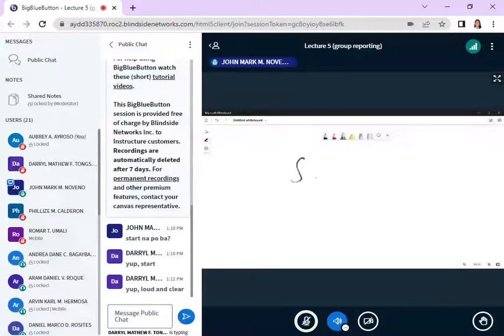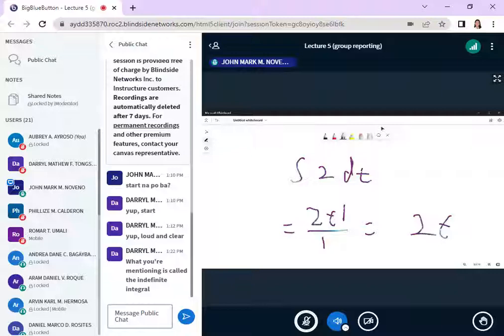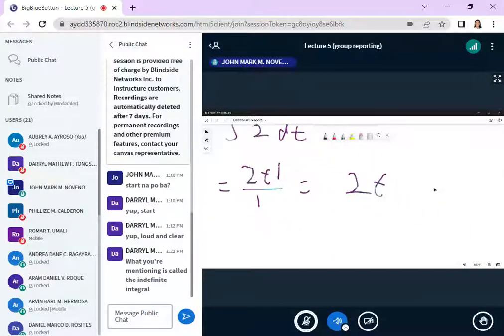So, integral ng 2 dt. Yan. So, anong integral ng 2? Yung integral yan ay 2t, kasi dito 1 yan, tapos over 1. So, pinasimplify lang natin, equal lang din yan sa 2t. And paano na kapag merong limits ang ating integral? Pag may limits ang ating integral, ibig sabihin niyan, yung upper limit at lower limit, isa-substitute natin sa function at saka doon tayo magma-minus. So kung 2t ang ating function at i-apply natin ang limits natin kanina na t minus 1 papunta sa t,